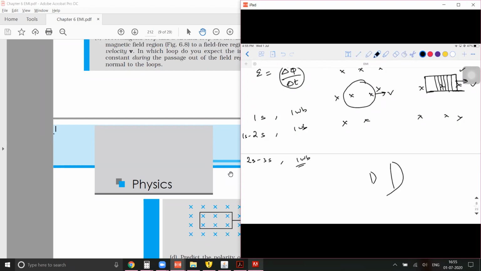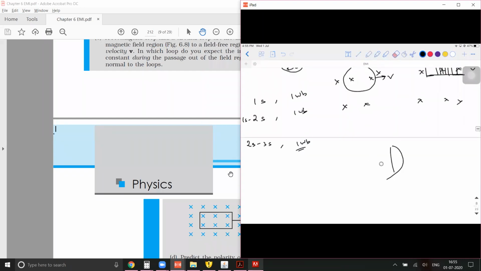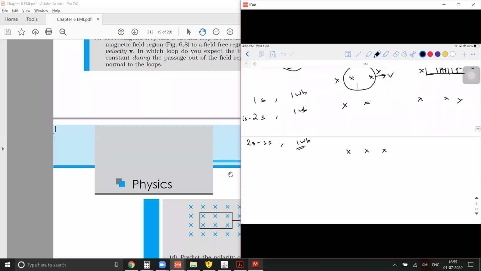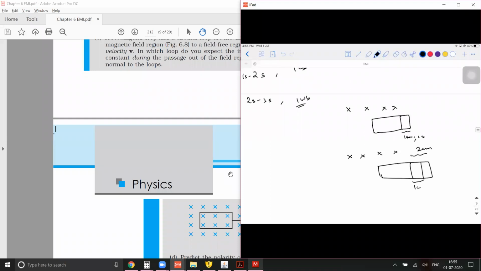Sir, can you repeat once? About the constant part? Yeah, the constant part is nothing but in a rectangle it will be constant. See, if it is like this, let's say in 1 second this much portion has come out. Let's say 1 centimeter has come out in 1 second. In the next second, that is between 1 second to 2 seconds, how much can you expect to come out? 2 centimeters would have come out, but between 1 second to 2 seconds, only 1 more centimeter, which was inside initially, came out.